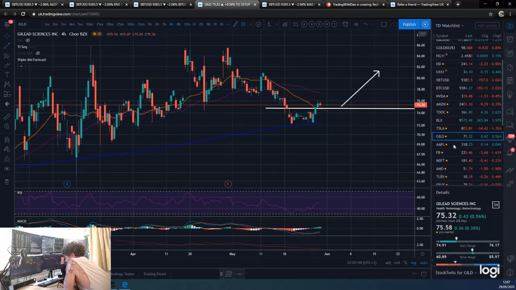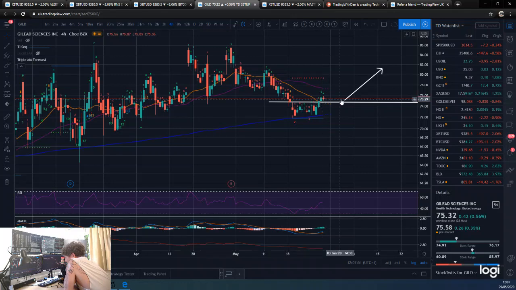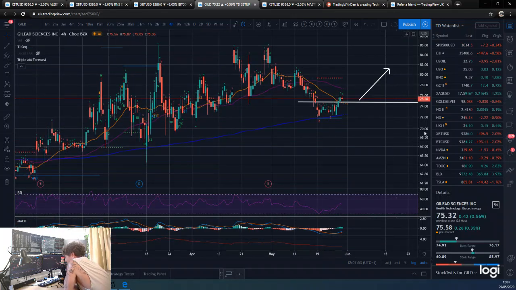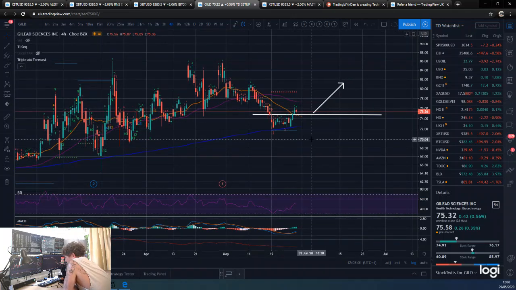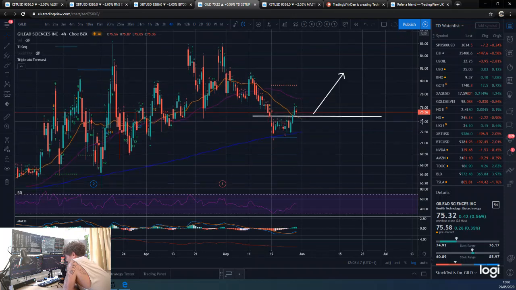Forget Gilead, but yeah, Gilead. This was the buy trade. Why am I saying negative? Why am I like forget Gilead? Anyway, it bounced off the 4-hour 200. Nice. And this was the buy trade, base of this 9. So we're in the buy trade, we're on side, and we're just seeing what the market wants to present us. I would say you have your stop at the 200, maybe just below the 200. We haven't managed to get below it anyway, so even at or below would probably be okay. But we will watch this trade.